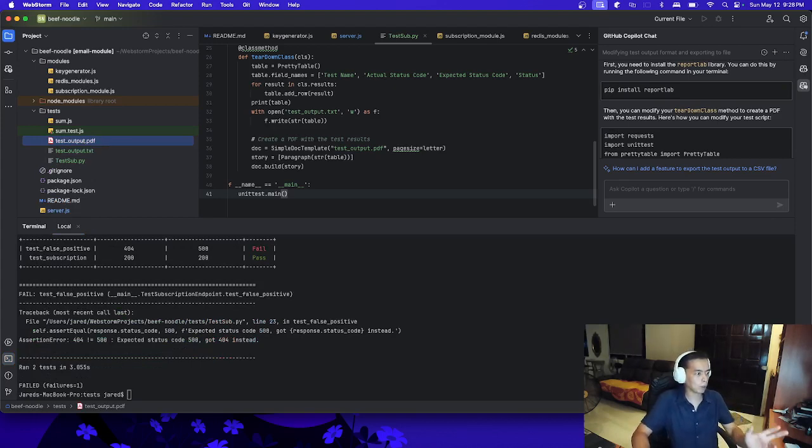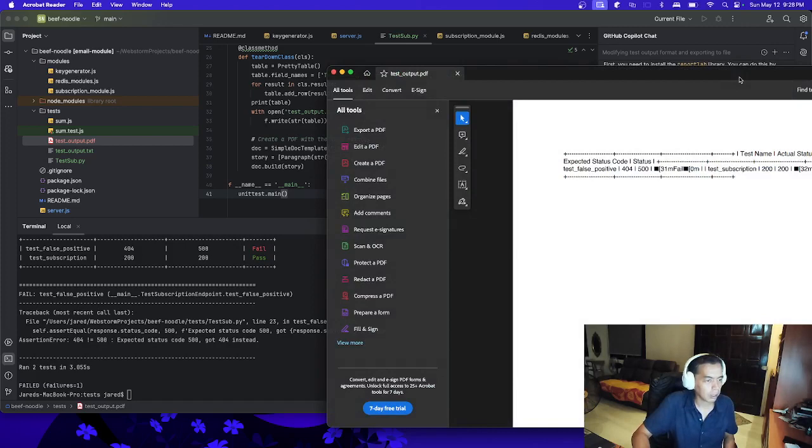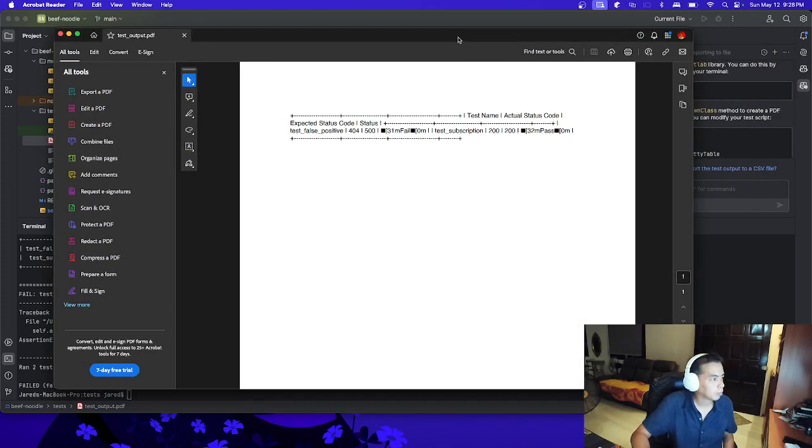And then it can be opened by any other PDF application. But the thing is, it's not properly formatted. But that can be fixed with the help of, still, GitHub Copilot.